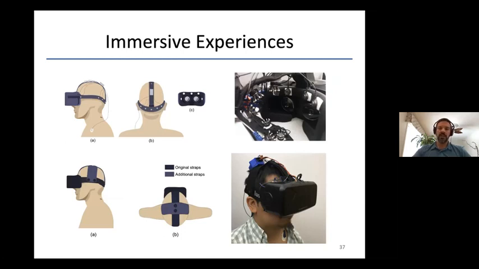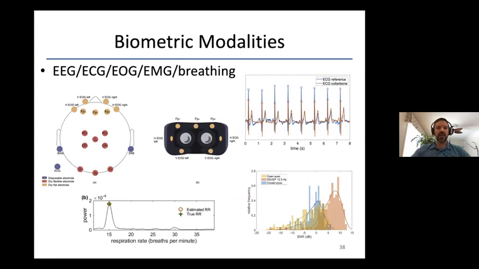So we embedded sensors into the actual virtual reality headset. These are first prototypes where we actually Velcroed the sensors to the foam. Now they're all embedded. All the wires are hidden. It's a much cleaner version now. This is the first prototype, but the ideal is that you put this on and instantly you're able to get 4 different signal modalities. So the sensors are all around the faceplate.